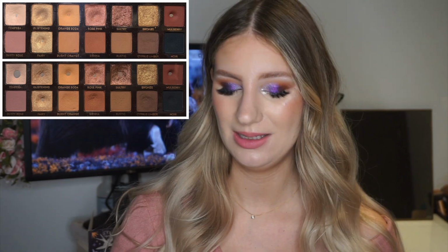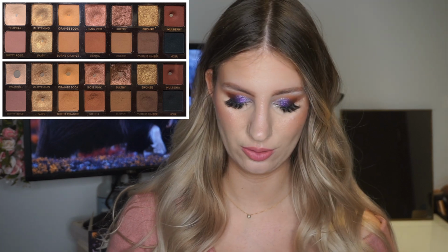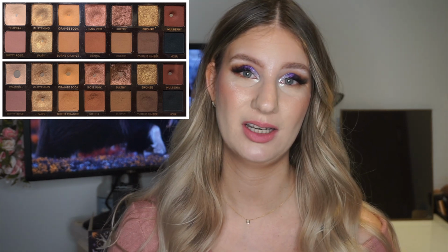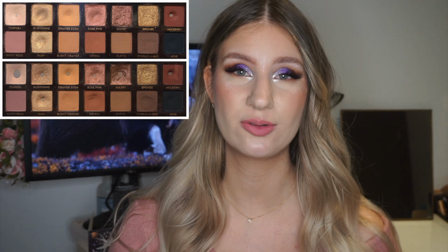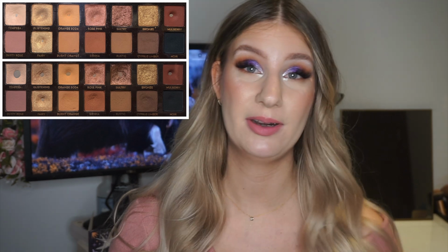the pan. Next to that, we have the shade Glistening, which is the first shimmer in the palette. This is kind of like a gold shimmer, kind of like a champagne gold shimmer. And this one I have used 7 times so far in the month. It's not really my favorite shimmer. It's not very impactful, but I do enjoy it still. I'm not sure how much the palette is expanded. I think it's expanded a little bit, but you will be able to see that better in the pictures right